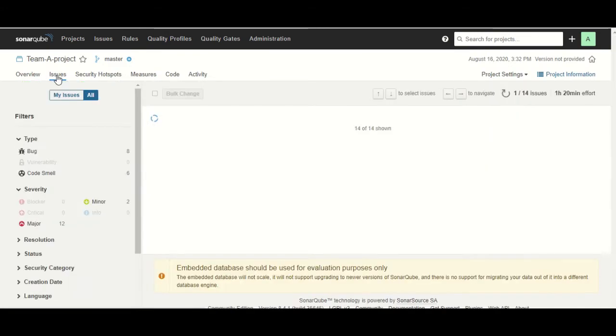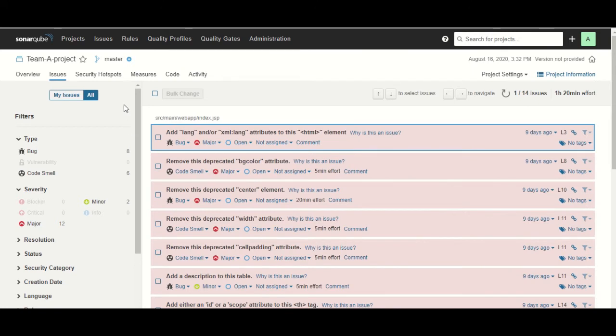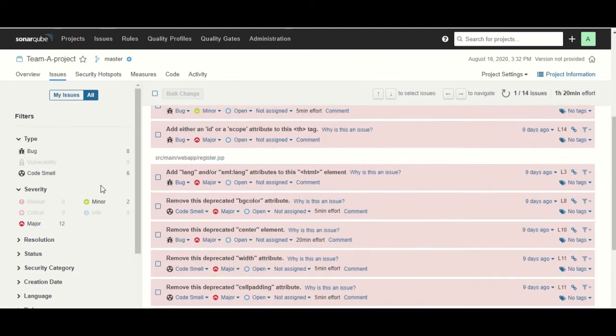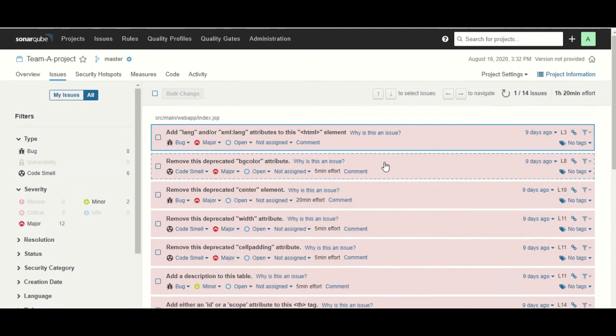I can show you the issues first. Once your project is analyzed, you can see all the issues here. It provides you everything: whether it is major, minor, critical, or just a vulnerability. You can see bug, code smell, and the severity. It provides every detail on this dashboard.